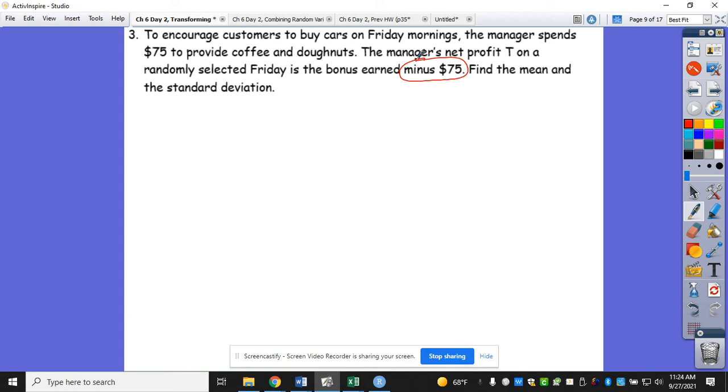You got a bonus, but you were paying for the coffee. So it gave me my letter t. So now I'm saying mu of t is mu of y minus 75. What was my mu of y? So now it is